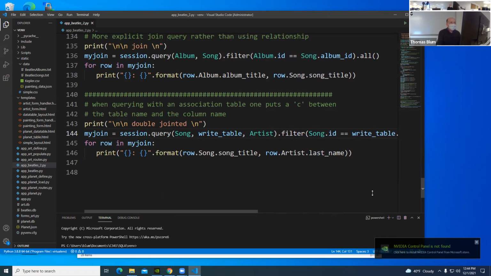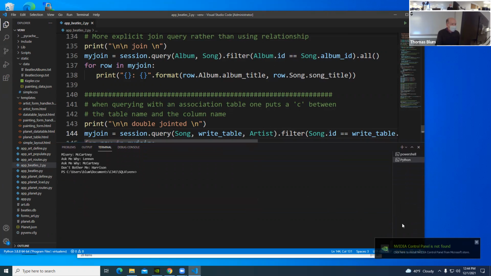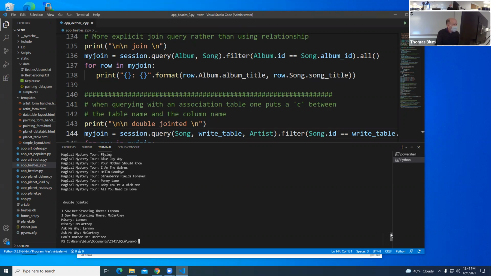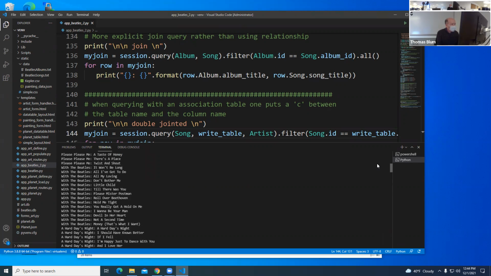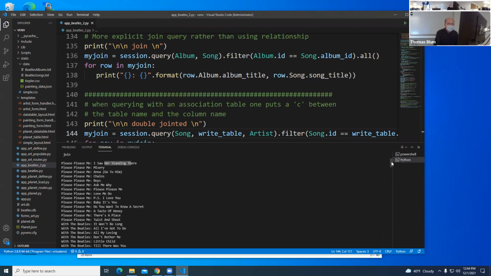So let's just, there's no Flask here. This is just running it. In my Flask, I have to start my venv, but I did not here in my SQL. So, here's the first, this first join was the name of the album and then the song.